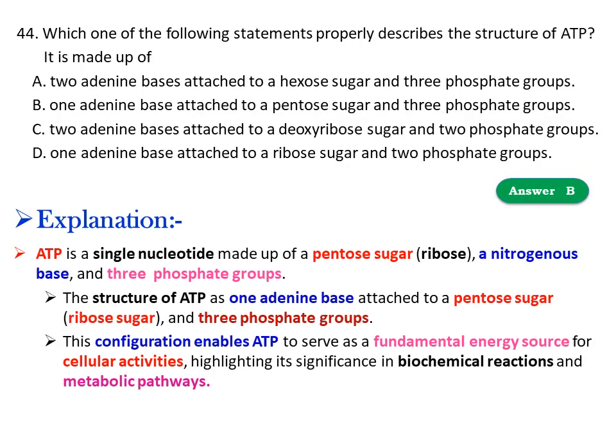ATP is a single nucleotide made up of pentose sugar, ribose, and a nitrogenous base plus 3-phosphate group. It means that the structure of ATP has one adenosine base attached to pentose sugar or ribose sugar and 3-phosphate group. This configuration enables ATP to serve as the fundamental energy currency for cellular activity, driving the biochemical reactions and the metabolic